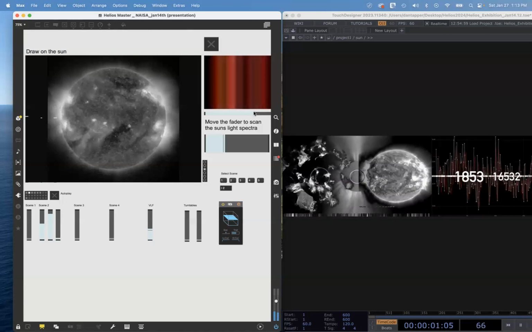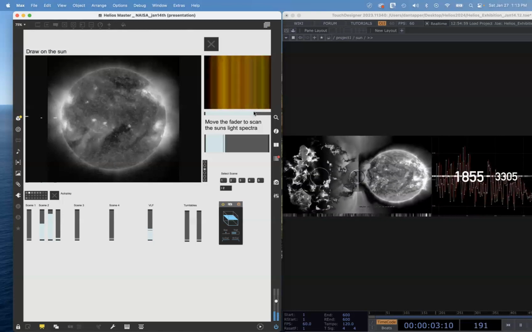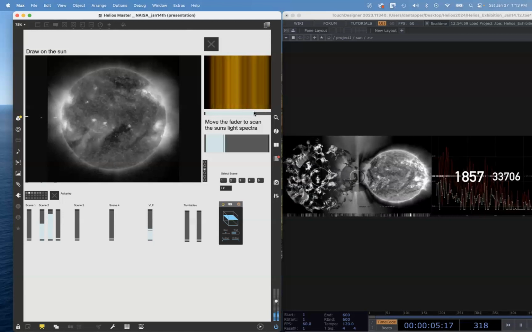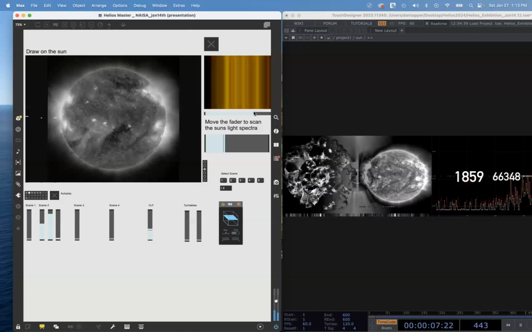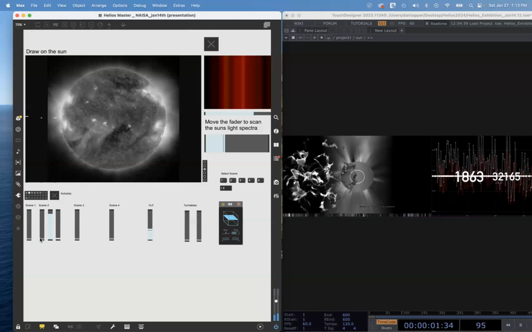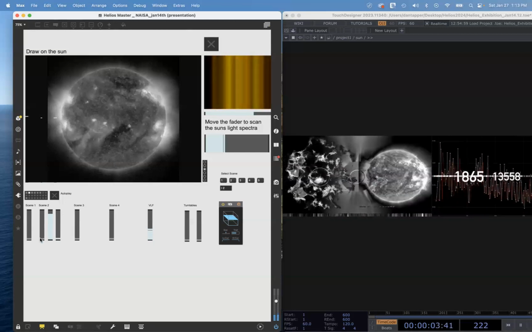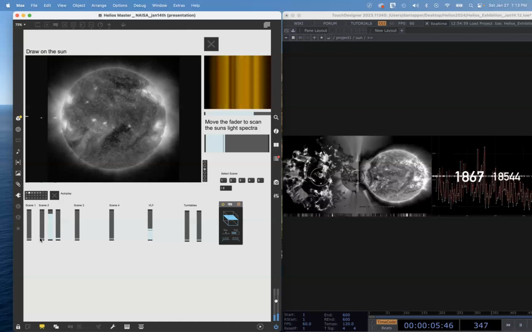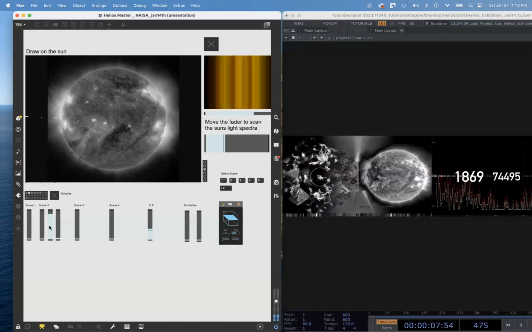There's also a noise-based interpretation of those sunspots and the frequency of how many sunspots. So right now, there's not that many large sunspots on the surface. So that noise component's quite subtle. If there are a lot of components on the surface, it would be much more vibrant and loud. And then